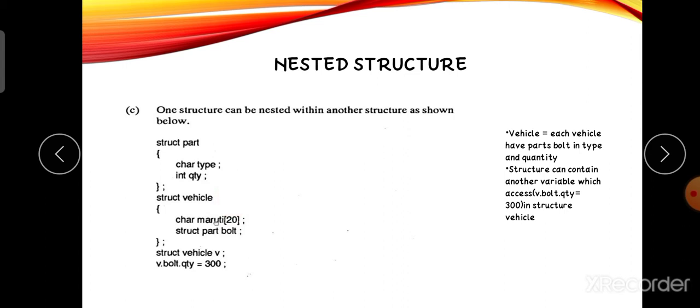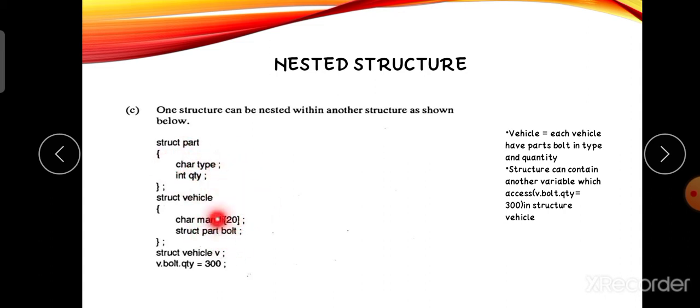For example, take a vehicle. Each vehicle has bolts, and the bolt type and quantity are mentioned in that structure. These are all accessed by the structure. From the input, we get one vehicle that has a pot of bolts, with its types and quantity.